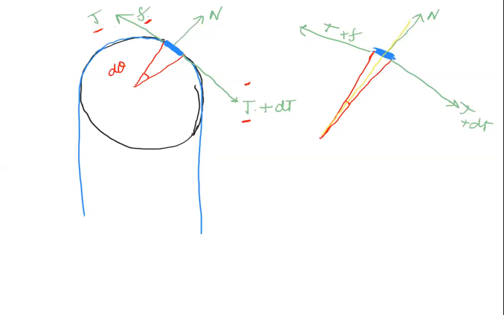If I draw a bisector, then this angle will be d theta by 2, and this angle will be d theta by 2. And the reason why I'm emphasizing this question is that this technique, where you take a part of a circle and you say that it subtends an angle d theta, and then you draw the bisector and you say now the angles are d theta by 2, d theta by 2,